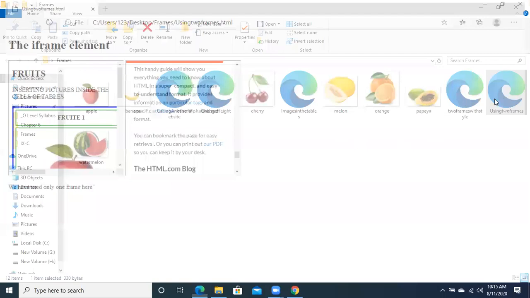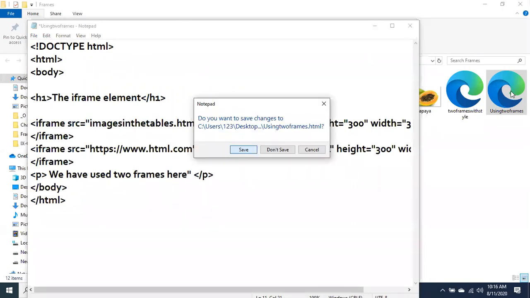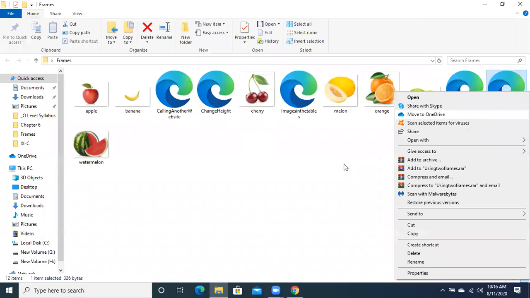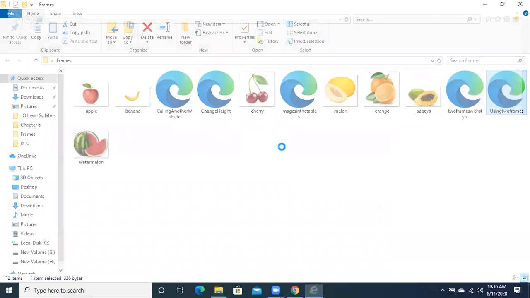So what should I do? I should mention this thing over here. We have used two frames. In this example, we have used two frames over here. So this is the example where I have applied two frames.